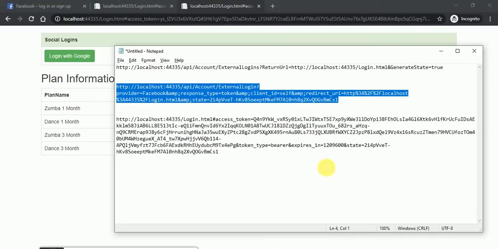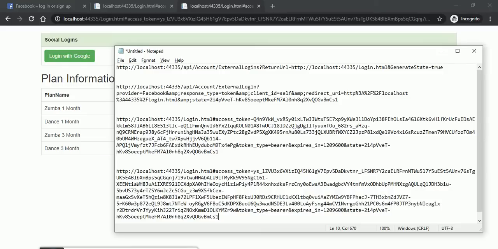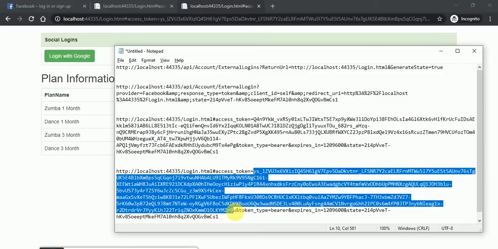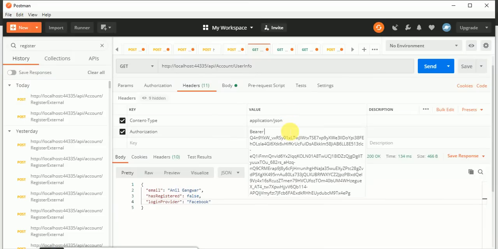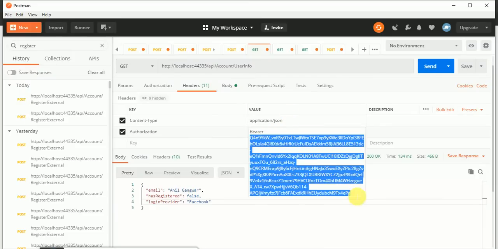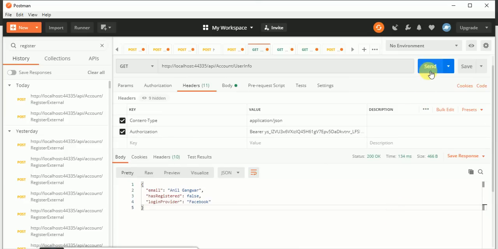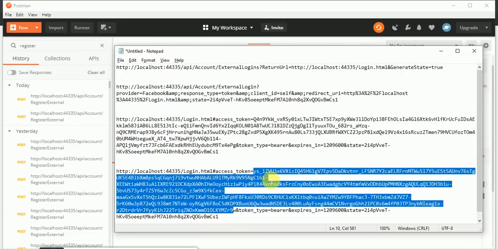Now I will type this here, copy this token, and in Postman, I will provide this token. Now I will click on the send button.